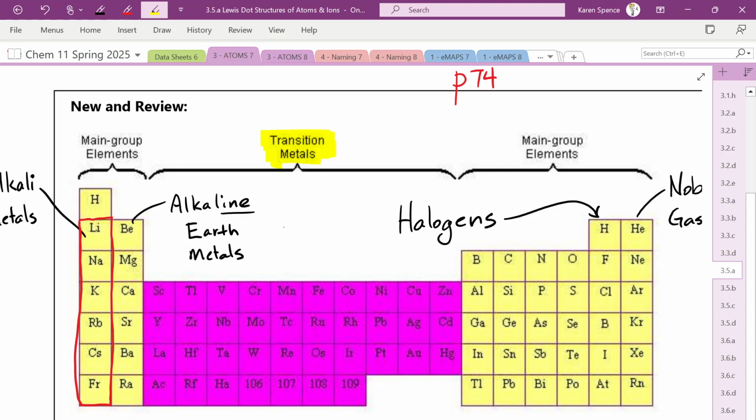So group 1, all main group elements. Group 2, all main group elements. Group 13, all main group elements. Anything in the main body of the periodic table that is not a transition metal is a main group element. I don't know why you guys don't say things aloud with me, because if you say things out loud,